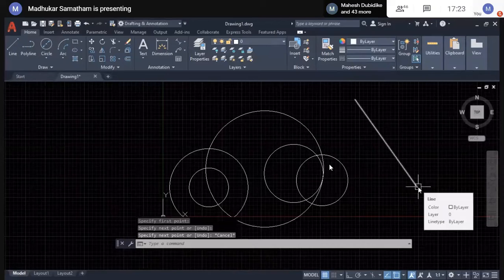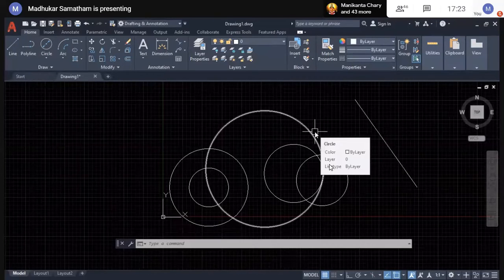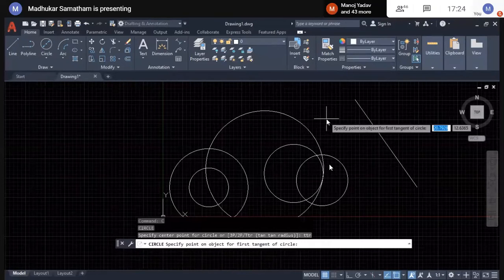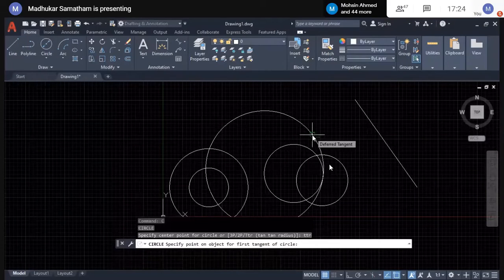First, suppose we want to construct a circle which is tangent to this circle, tangent to this line, and with a defined radius. Then you can choose circle, T is the shortcut. First it is asking the first tangent of the circle. See, in object snaps, the tangent snap is showing you.